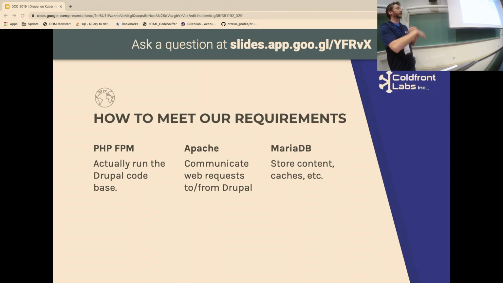So how do I want to meet my requirements? Well, the first three were pretty simple. You have PHP FPM, which you could run, like I said, I learned from the WXT one. You can run it separately, or you could run it within the same container as Drupal. I knew I wanted to use Apache because I know how to use Apache. And MariaDB, for the databases. So I looked at these